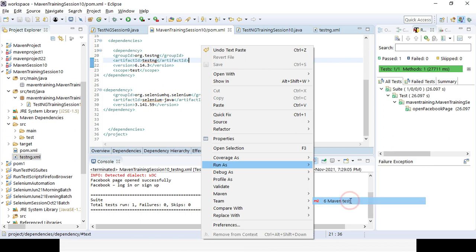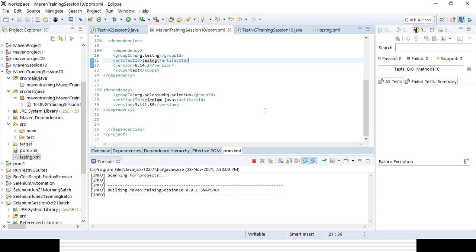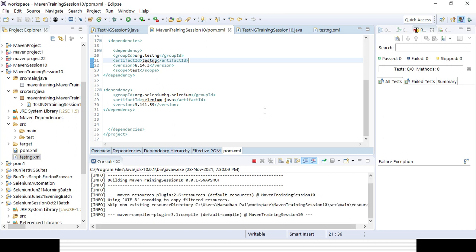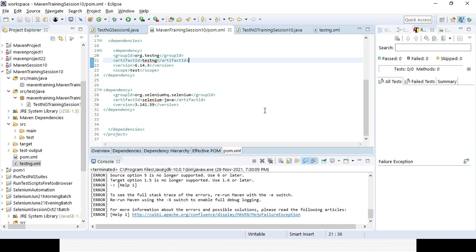So in case you are running the test, it will clean the project first. In case some history was there, you already ran it some time, then it will compile the project, which means during the compilation time, in case any error is there, it will try to throw it. In case everything is successful, it will run the project. So in the runtime, in case you are having any problem, it will face it. You could see it will be failing. Your script will not be successful. Okay, there are some errors coming.